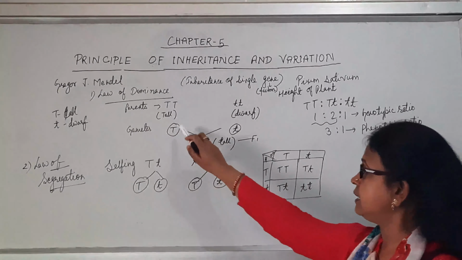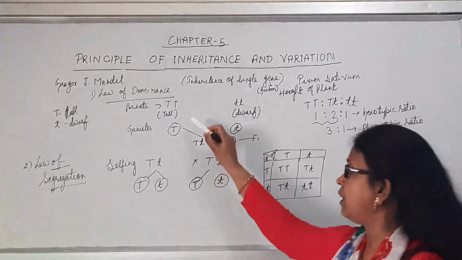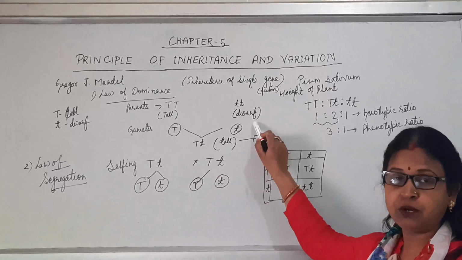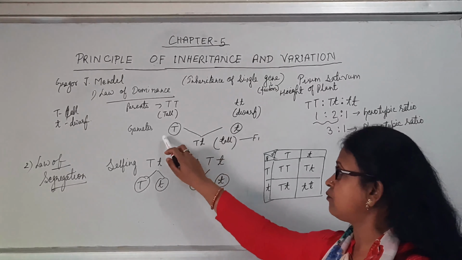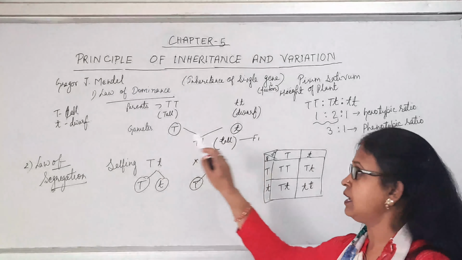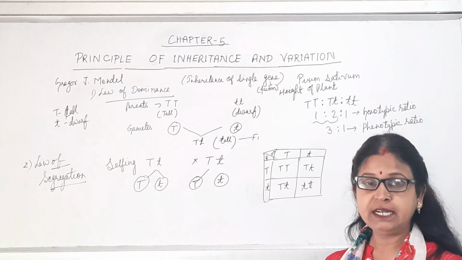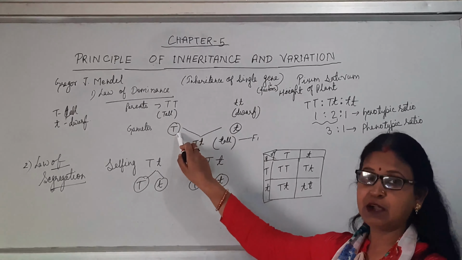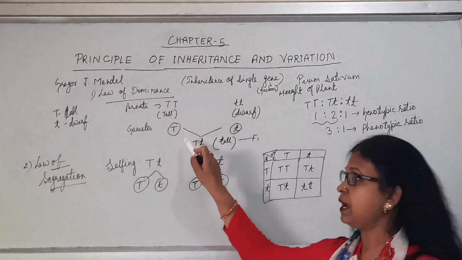Now you can see here Mendel has taken two plants as the parents, one plant which is pure tall and the other plant which is pure dwarf. Now he allowed these two to form gametes. We will circle the gametes in this way. Because we know that only half the number of chromosomes enters into the gametes, the single T will come here. So this gamete is coming from the pure tall plant and this is from the pure dwarf plant.